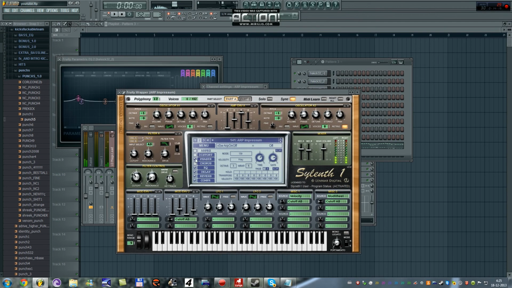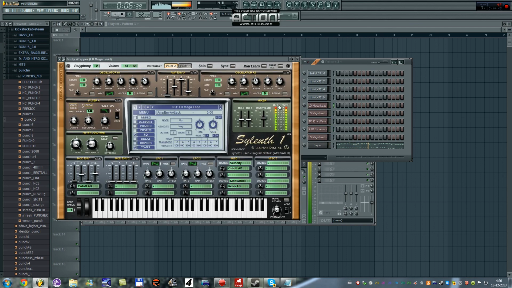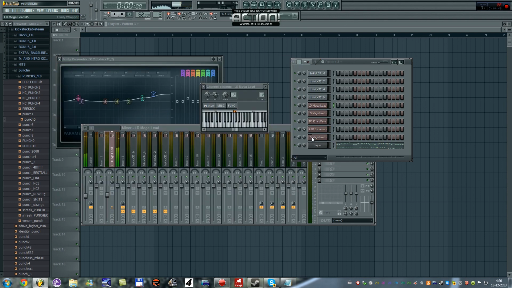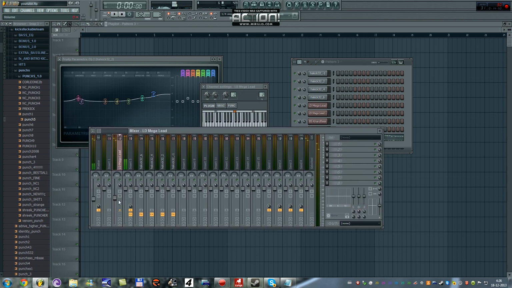You can also make really nice leads out of arpeggios. I think our lead is pretty much done now. Sounds pretty good. Let's